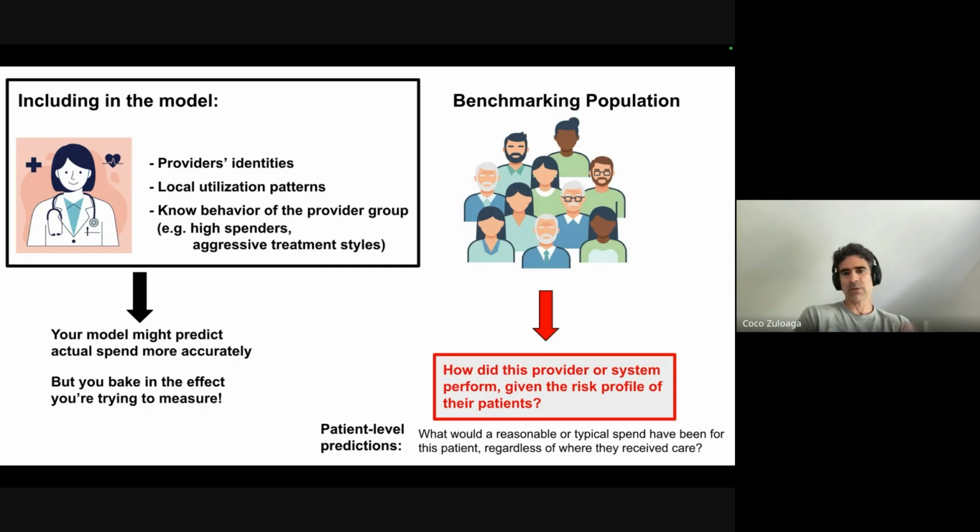If you take that into account, you would be predicting that their current students are going to do really bad. And when you compare what you predict with what happened, it's very close. So you could conclude that the students are doing just as expected, but in fact, they're doing really bad. So you don't want to bake that behavior you're trying to measure into the model.